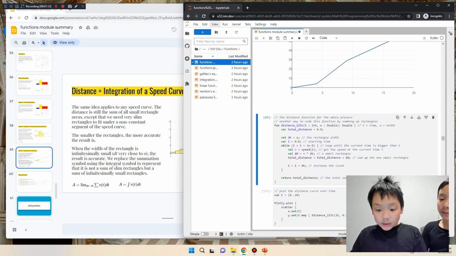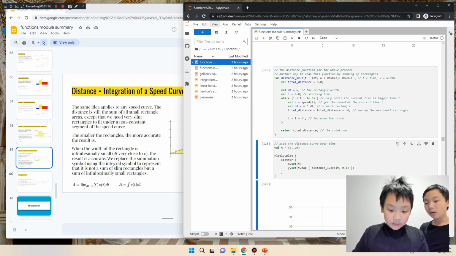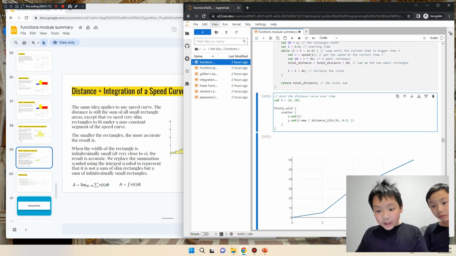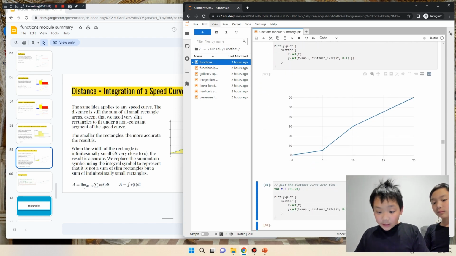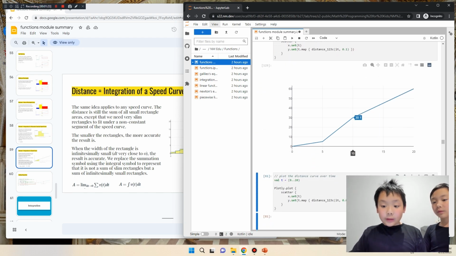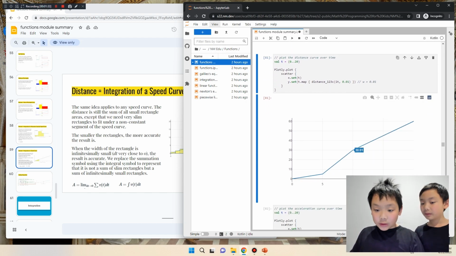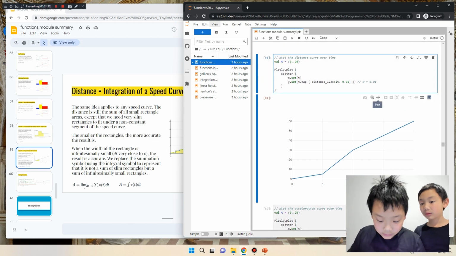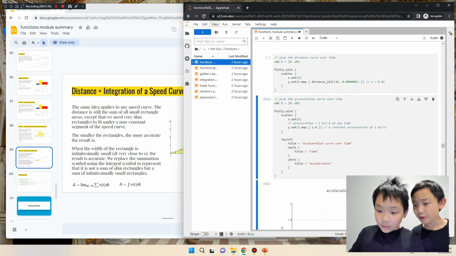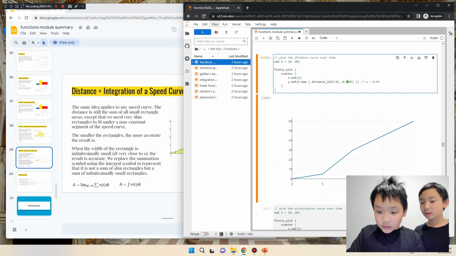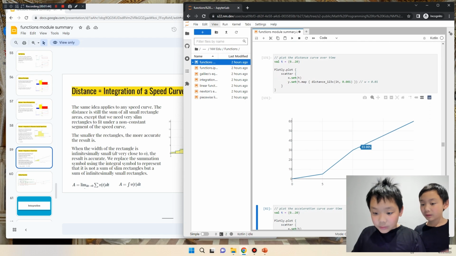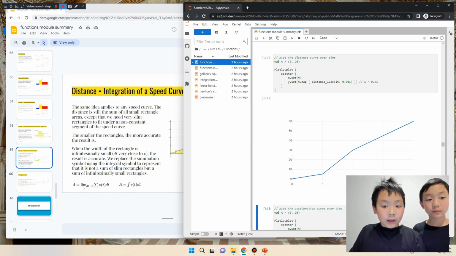So we're going to write this in a different form, like this. And we're going to change the width of the rectangle to 0.1. Right now, when we go to 10, it's going to be 30.1. That is closer to 30, because we changed the size of the rectangles. We can also change it again to 0.01, which will get us even closer to 30. And it will be even closer than it was. So that's how you compute the